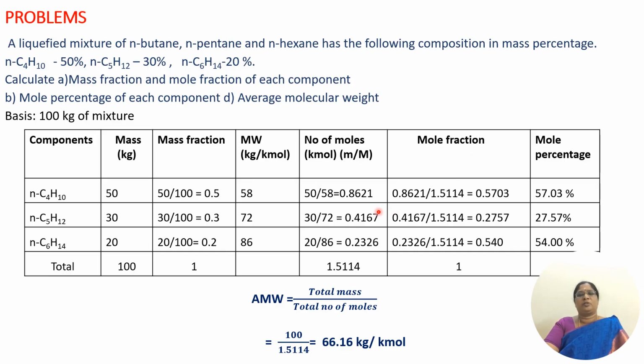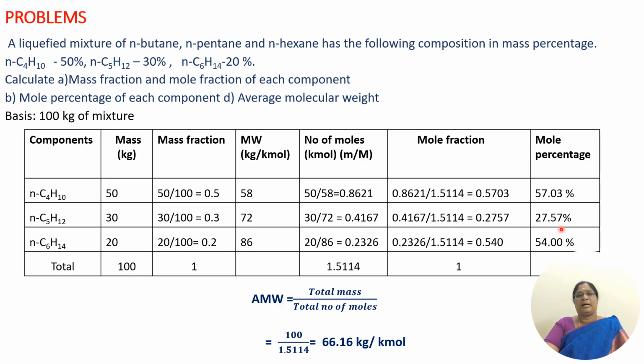For the first one, 0.8621 divided by 1.5114 gives 0.5703. Multiplying by 100 gives the mole percentage, 57.03%. For the second one, 0.4167 divided by the total number of moles, 1.5114, is 0.2757, and multiplied by 100, the mole fraction gives the mole percentage,